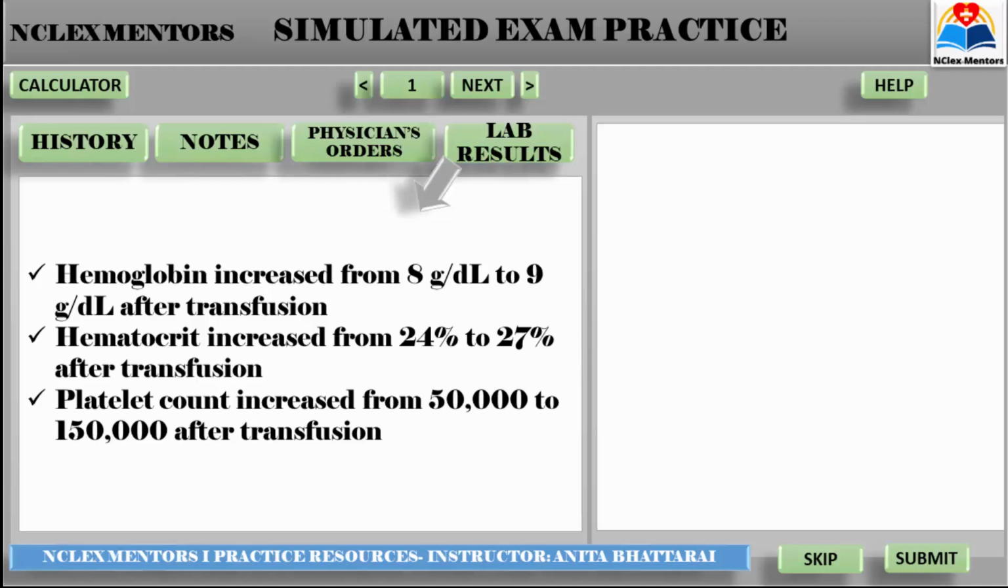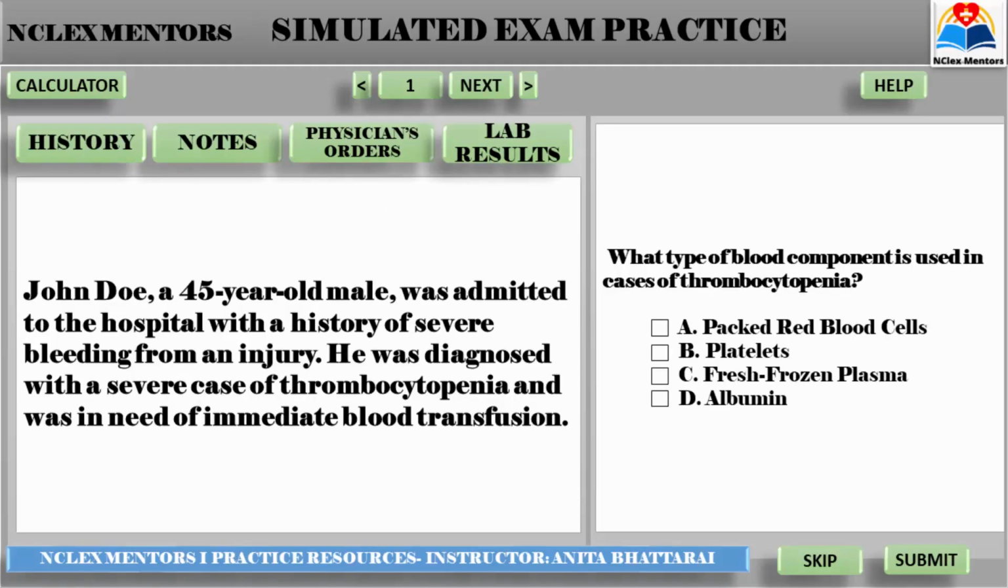Here, in the given scenario, hemoglobin increased from 8 grams per dL to 9 grams per dL after transfusion. Hematocrit increased from 24% to 27% after transfusion. Platelet count increased from 50,000 to 150,000 after transfusion. Based on all these scenarios, history, and lab values, we have the first question to solve for this case study